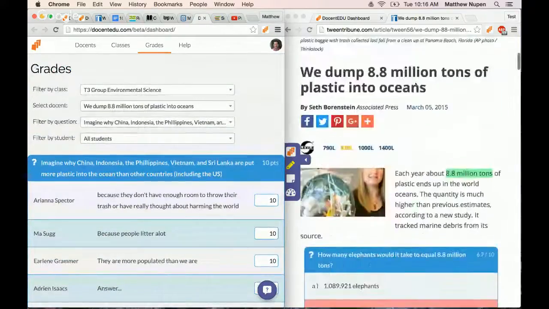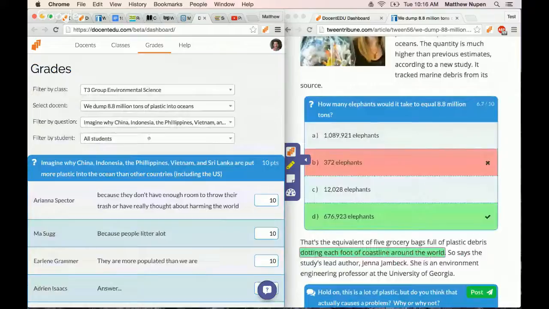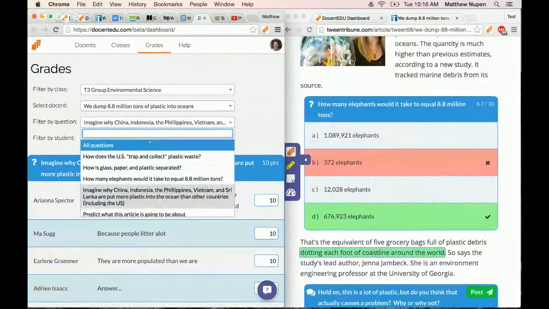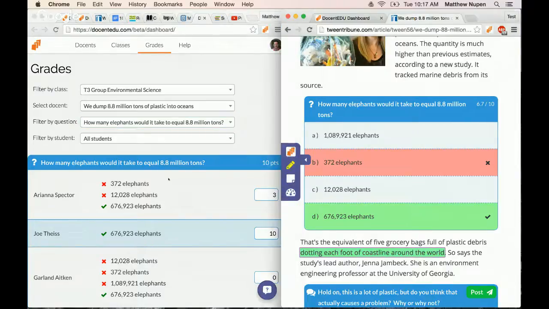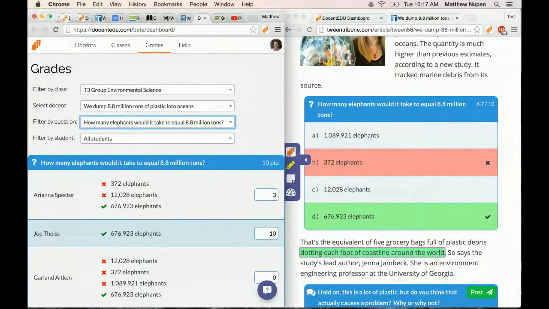But I'm going to jump up to this multiple choice one. So, how many elephants. And this is multiple choice one. What I'm really excited about, so I taught high school science for about 8 years, is that multiple choice can be used as a kind of dummy question, like bubble choice. But what you want to know is that multiple choice questions can offer a lot more. And that's what we did with DocentEDU: it collects what order students guessed, or put in incorrect,